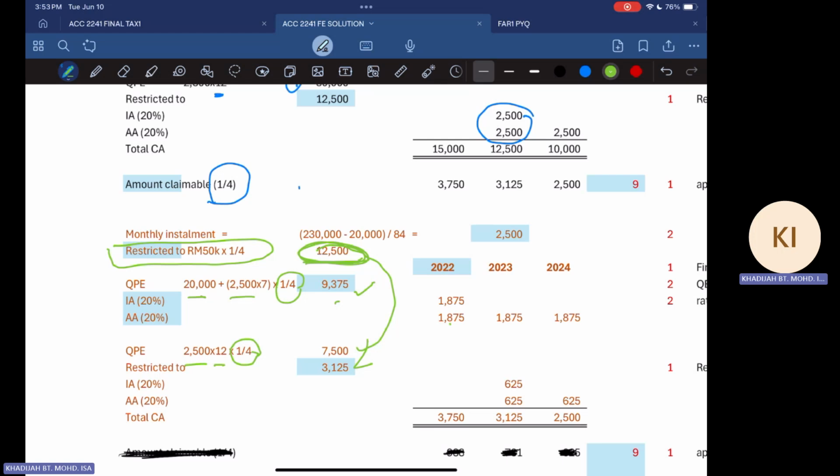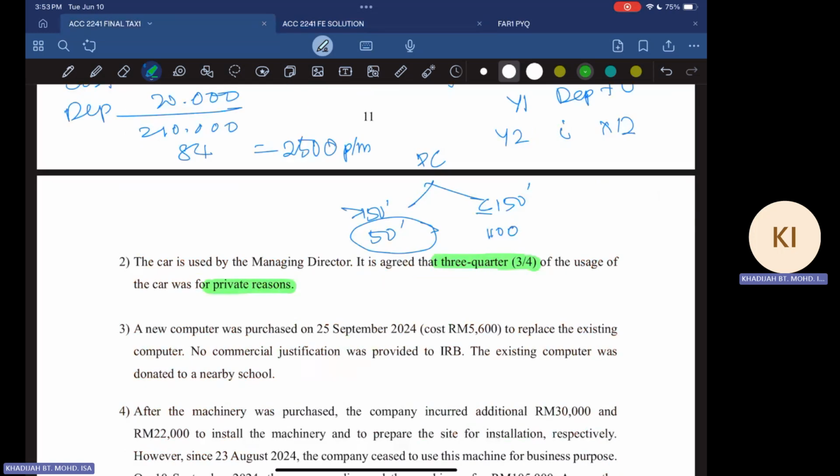And you can see that the answer, either you use the first method or the second method, the amount that you can claim is the same. So we have two ways of a schema. If the student answers in such a way, this is the schema, or you can also answer the other way. Both answers must be the same. Either you're using first method or second method, your CA claimable is the same. So that is on your motor vehicle. Is that clear? So that is the car, you settle 1 and 2.